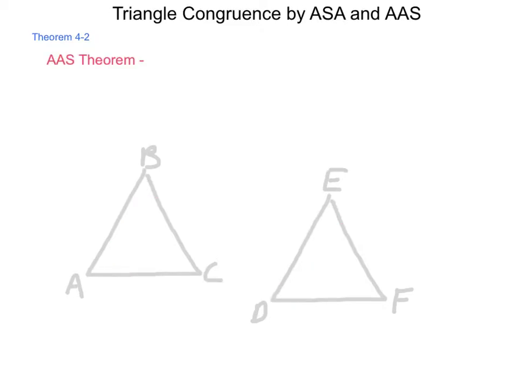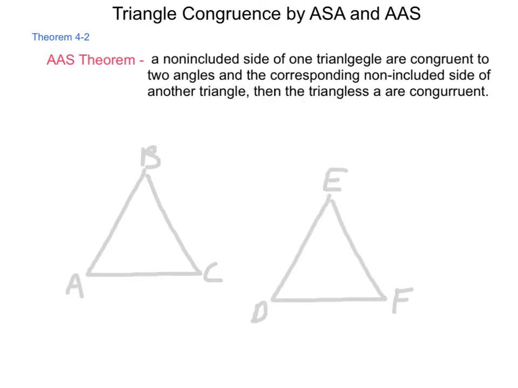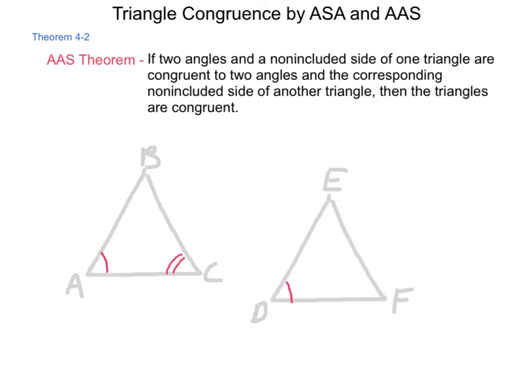The angle, angle, side theorem, which is theorem 4.2, tells us if two angles and a non-included side of one triangle are congruent to two angles and the corresponding non-included side of another triangle, then the triangles are congruent. Now again, looking at this, if I know angle A is congruent to angle D, and angle C is congruent to angle F, I have two angles. Now all I need is a side that is not included between them. So if I say that line segment AB is congruent to line segment DE,